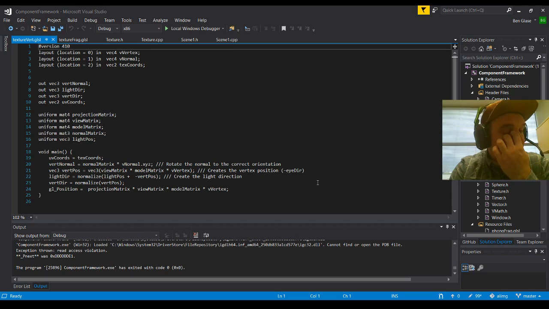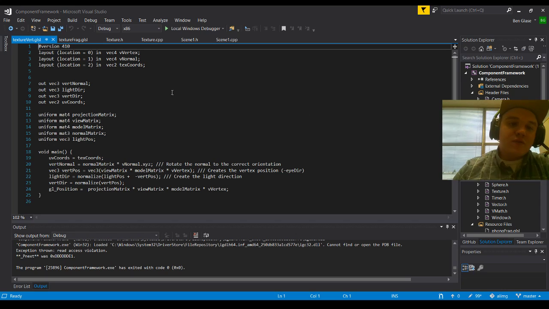So essentially in this program, I'm going to be talking about the texture and the texture, vertex, and fragment shader, as well as my texture class, where I actually import the texture so that the moon and the Earth have a proper texture on it. And then finally, I'm going to go into my scene where I talk about where the updates and everything are taking place. So first things first, in our vertex shader, you're going to see that we're importing our